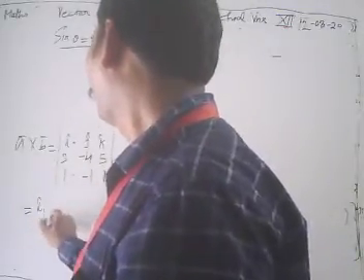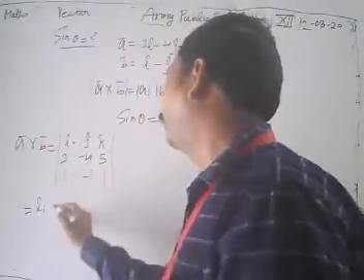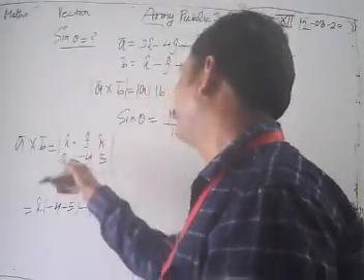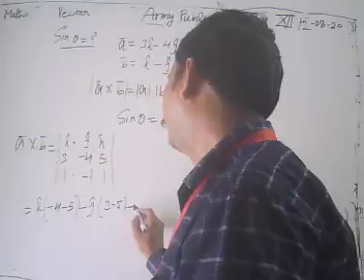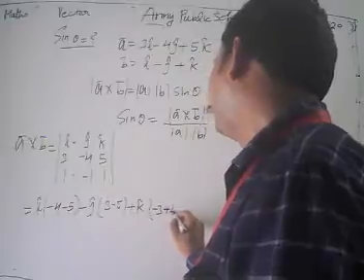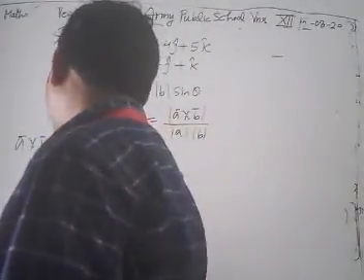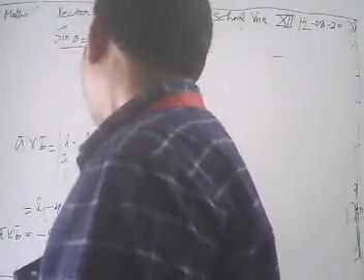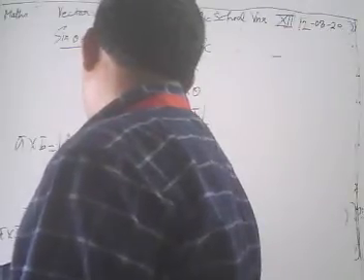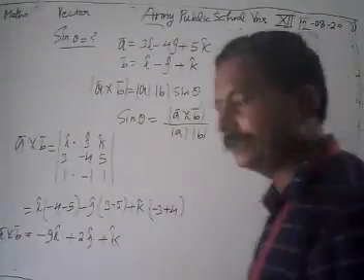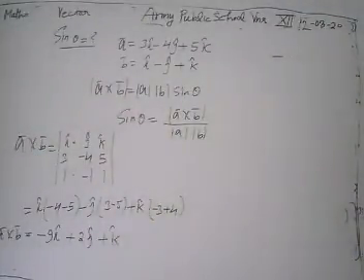Now I cap, then minus 4 into 1, minus 4, minus 5, then minus j cap. What do we have? 3 minus 5, then plus k cap. What do we get? Minus 3 plus 4. Then what do we get? We get minus 9 I cap plus 2 j cap plus k cap. Minus 9 I cap plus 2 j cap plus k cap. Now we get our vector A cross B.